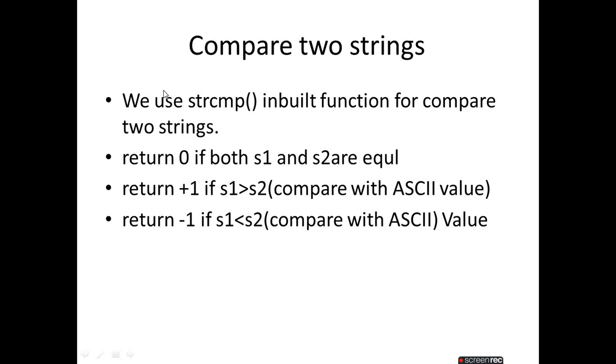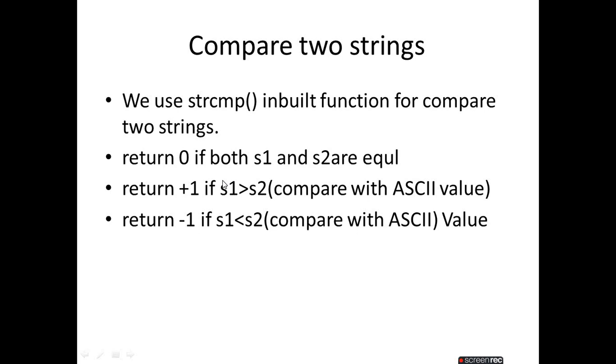For comparing two strings, we use the function strcmp, string compare. Strcmp is an inbuilt function in the header file string.h. As the rule of comparison, take the first string as s1 and the second string as s2. If s1 and s2 are equal, then it returns the value 0. If s1 is greater than the second string,